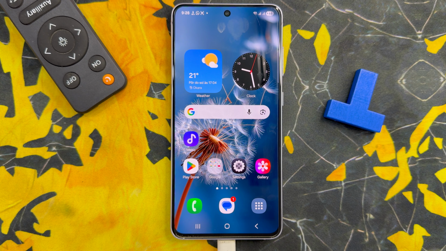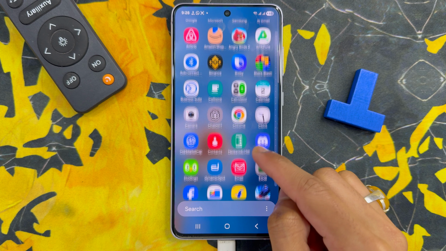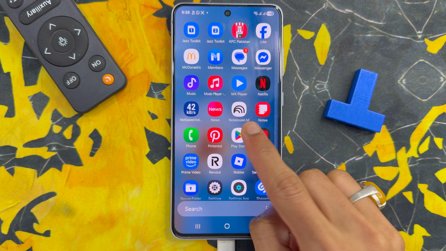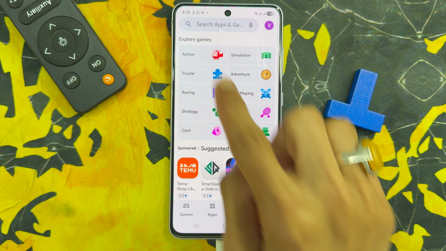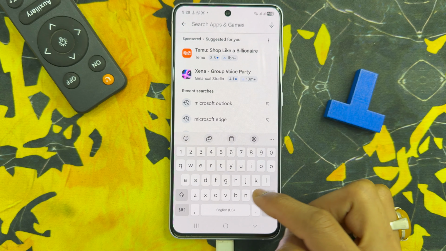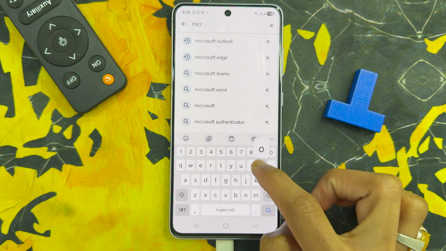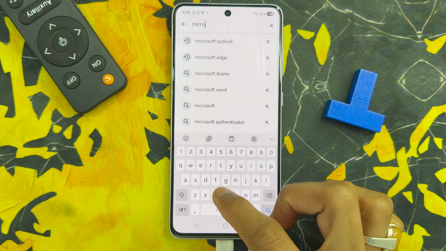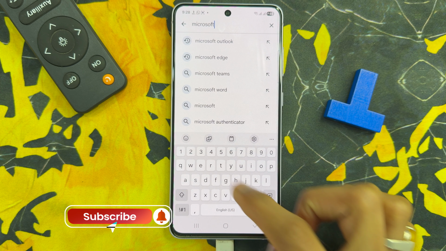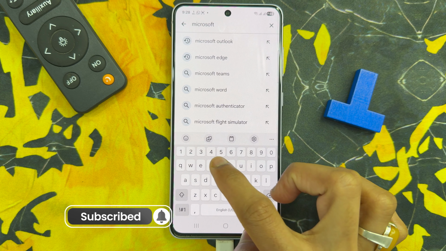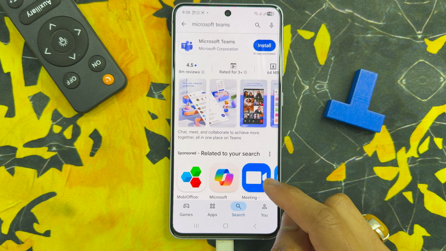Let's start the video. First of all, go to App Library. Here click on Play Store app. After clicking on Play Store app, search Microsoft Teams. After that, click on Microsoft Teams